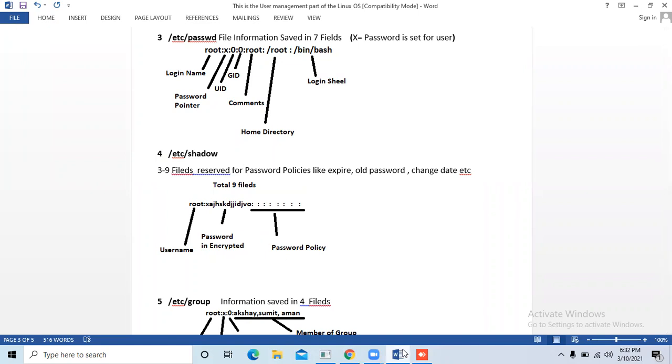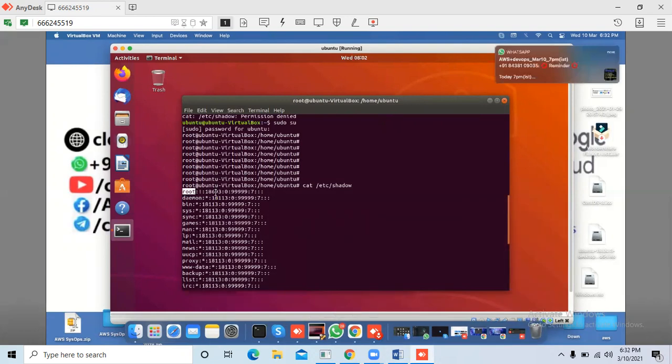The 9 fields are 9. The other fields are password policy. That means when the user was created, when the last time the user logged in, and the expiry date of the password. We will see in depth in the upcoming sessions what the password policy is and how to elaborate that.